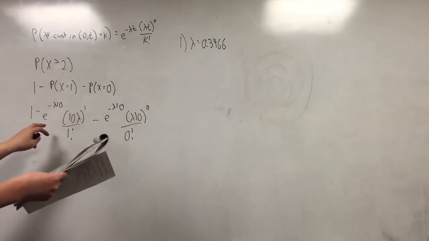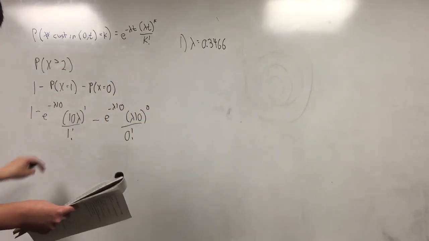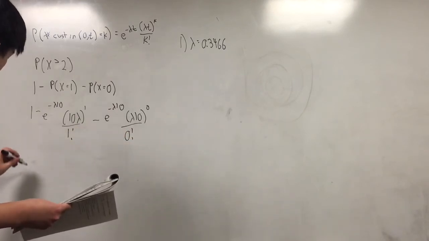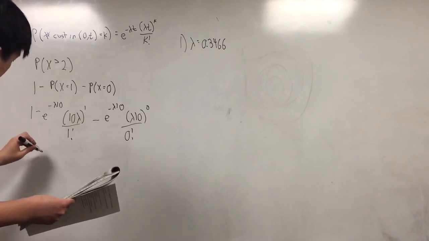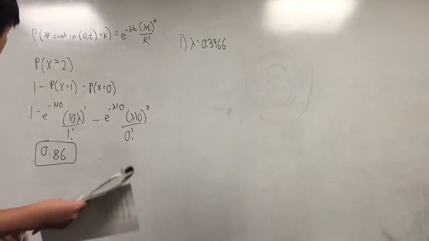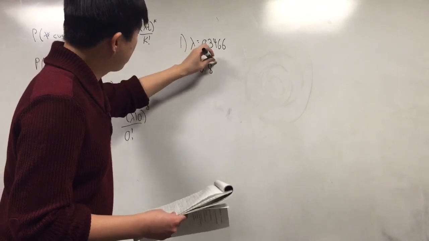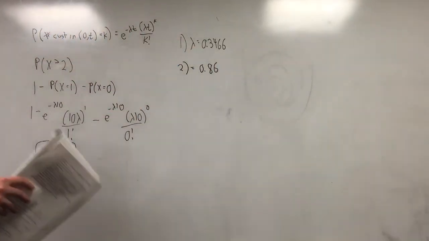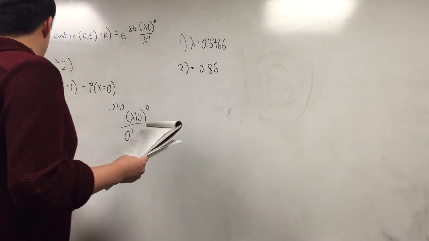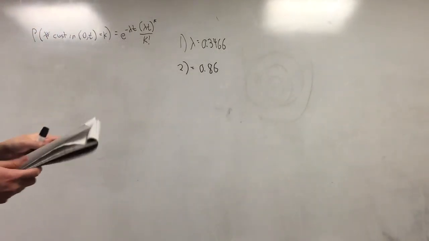And now all we do is plug in lambda equal to 0.3466, and I'm not going to waste your time with the math, and this comes out to 0.86. So number 2 is equal to 0.86, or 86%. All right. In part 3,